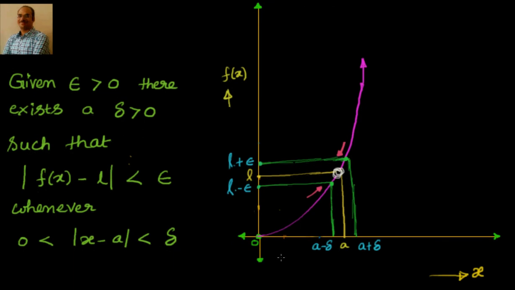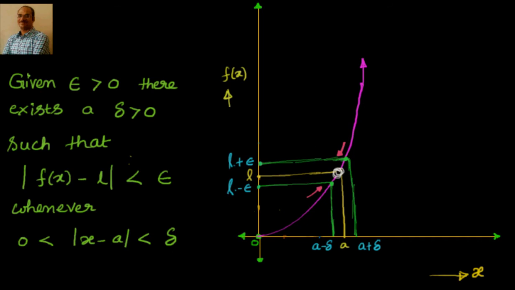In the last session, we discussed that a function f of x is said to have a limit at x equal to a if we observe that as we move either from the left hand side or the right hand side towards the value x equal to a, the function is limiting to a value L. Then we say that the function has a limit at that particular value, that is x equal to a, and it is equal to L. So this is the definition we had in the last session.